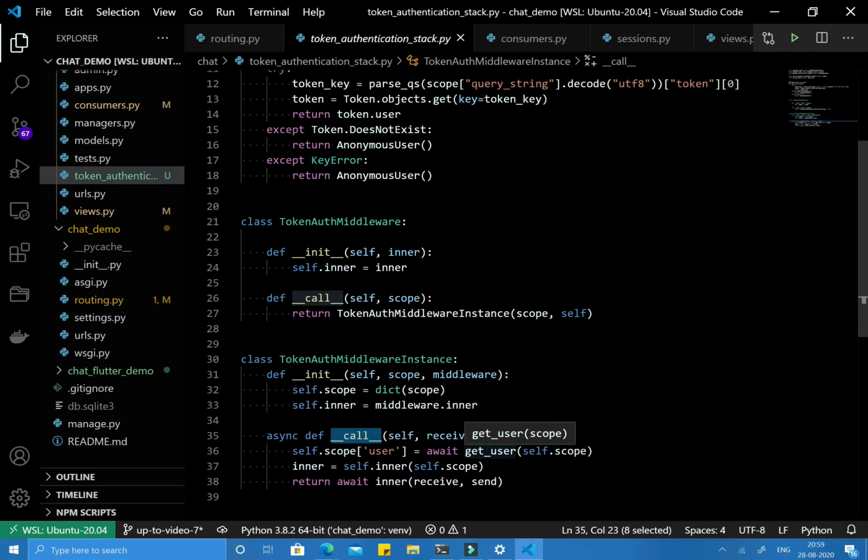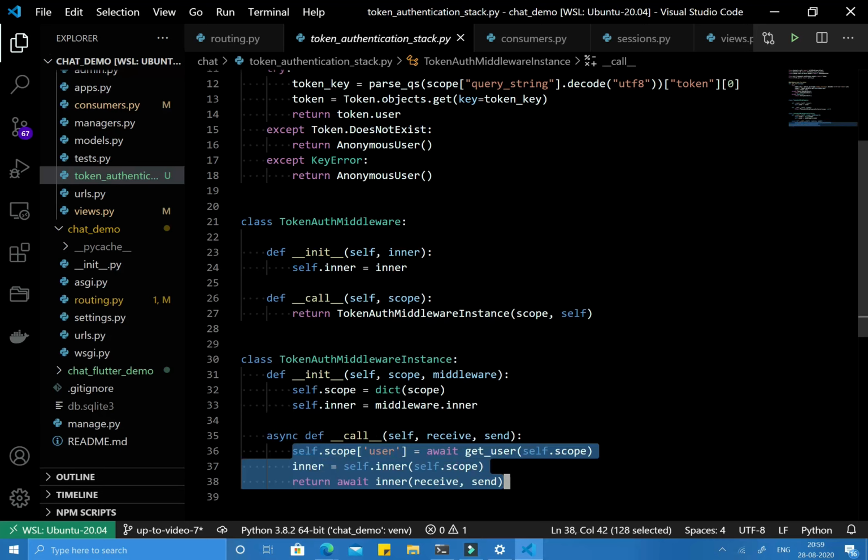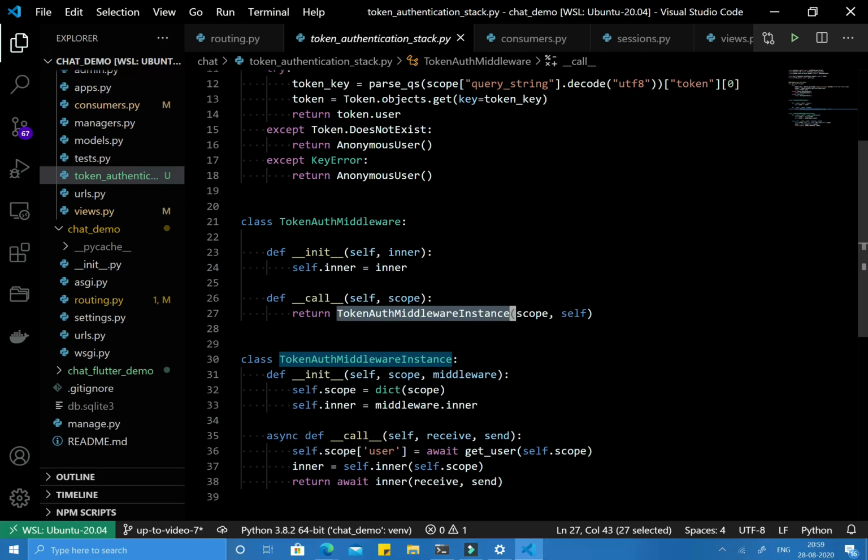After Django 3.0, which supports async functions natively, we need to do it like this. Otherwise, if you are using a version earlier than Django 3.0, then you don't need to use async. You can directly use everything synchronously, and it will work fine. But in the case of Django 3.0 or greater, you need to write it this way.